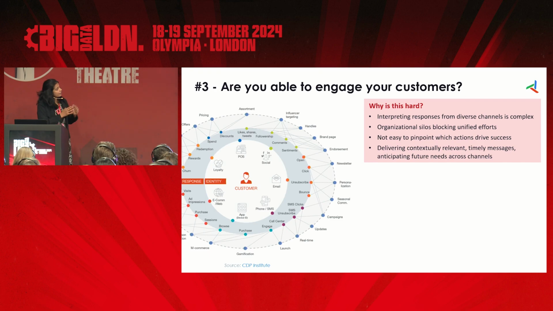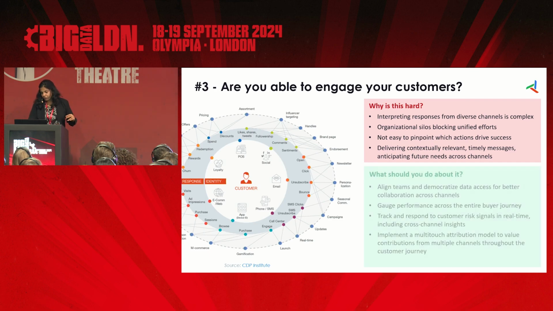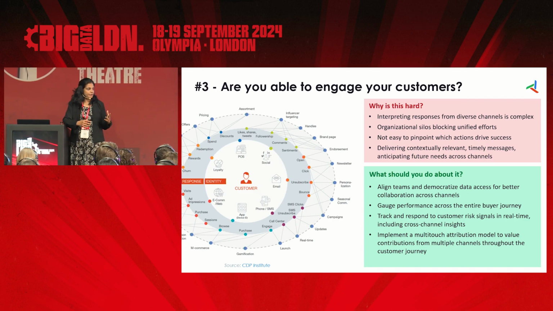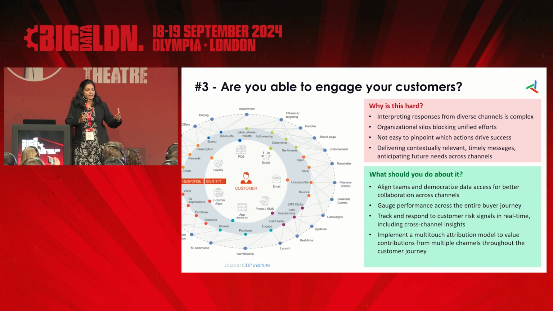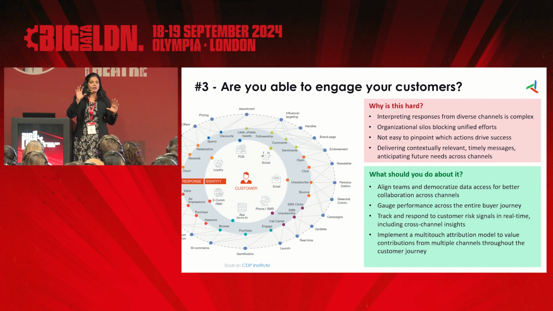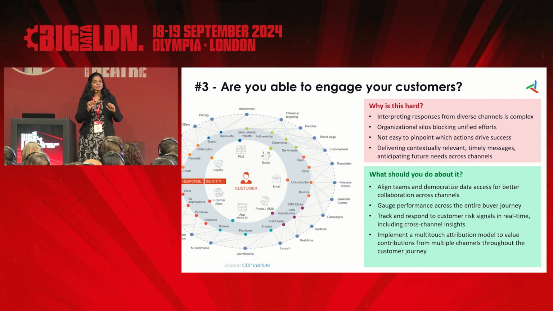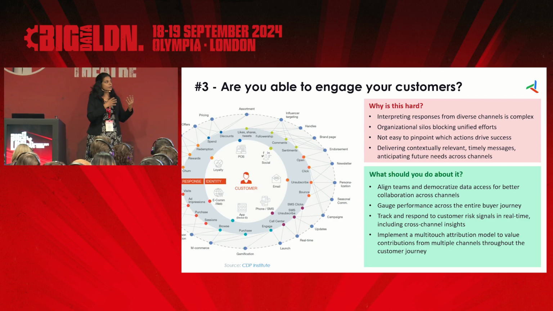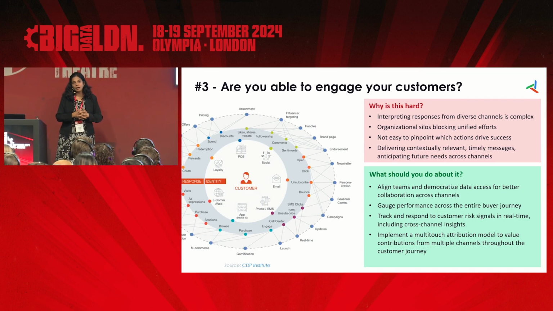So essentially, I'll get to the solutions. The biggest thing that can help in being able to do this, to be able to align your teams, is can you create a customer journey and start to plot which teams come in at what points in that customer journey, so their responsibilities are very clear. One, they have a very clear picture of what the journey looks like, and two, they are able to understand at what points they need to intervene, and how they can take advantage of all the data that's available to be able to respond.